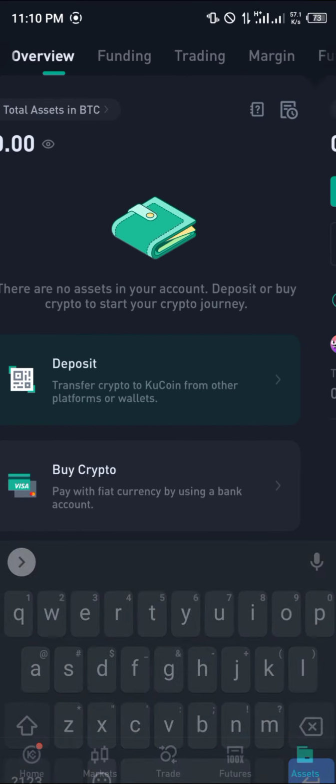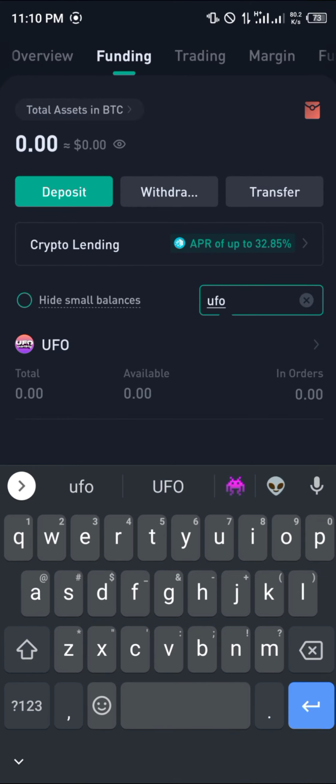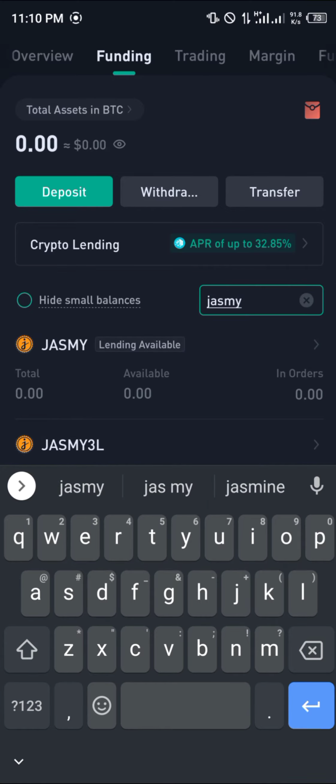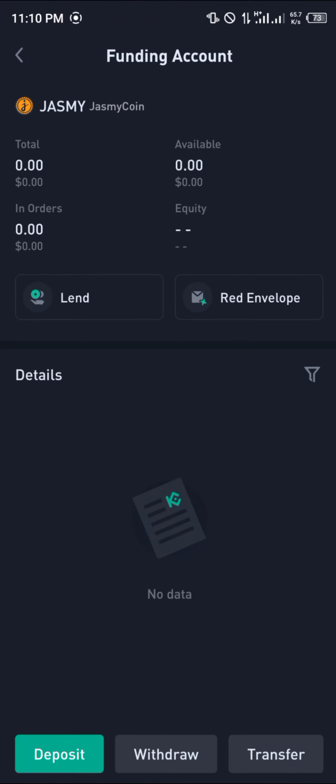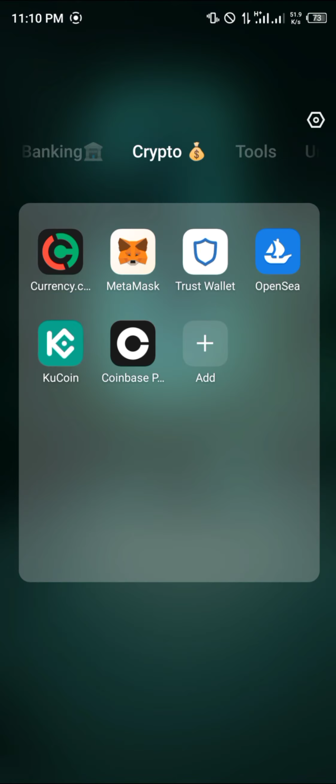And in your overview, from overview, you click on funding. And then in the space for search, you search for Jasmy. And then click on Jasmy. And then proceed to click on withdraw, which is at the bottom of the screen. Click on withdraw now. Remember, it's an Ethereum token, so you're going to have to send it in Ethereum or